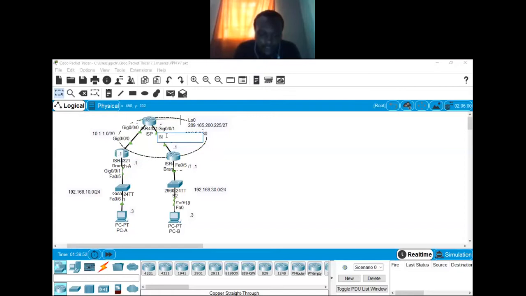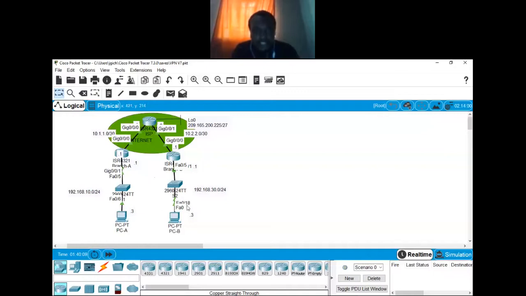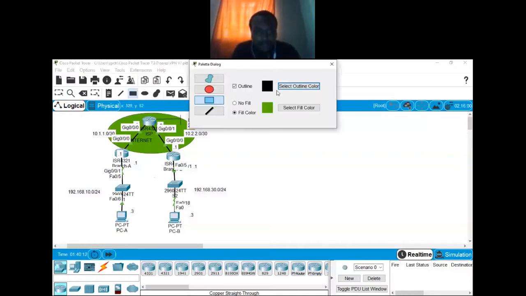So you can say this is the internet. The green part is the internet. And then this is one of the branches. So maybe this is a company, Jose's company.